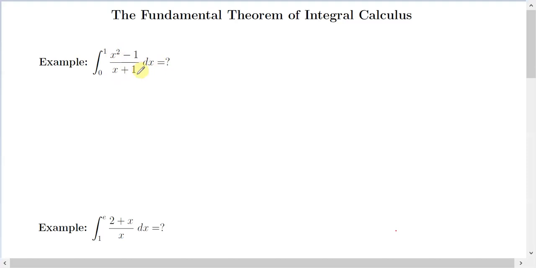And so what I have to do is either go all the way back to the definition, which won't work, or try to use some sort of manipulation to turn it into one that I know how to do. In this case, the most obvious manipulation would be to try to factor and simplify. So remember, I bring everything along. Don't just put equal and start doing the algebra. You can do the algebra off to the side, but don't call it equal if you're going to do it. But this is equal to, if I factor the top,